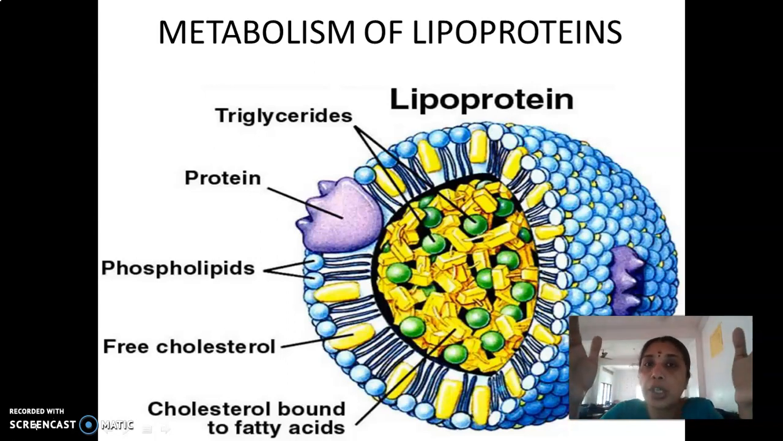So based on centrifugation or based on electrophoretic mobility, we can divide lipoproteins into 5 different classes: chylomicrons, VLDL, IDL, LDL, HDL. These are the 5 classes of lipoproteins. So what are they? Chylomicrons, very low density lipoproteins, intermediate density lipoproteins, low density lipoproteins, and high density lipoproteins. Clear? So these are the 5 different classes of lipoproteins, and they are named so because from the name itself